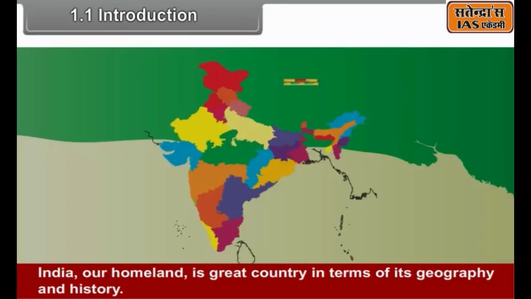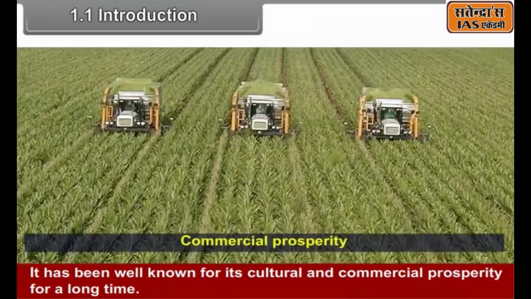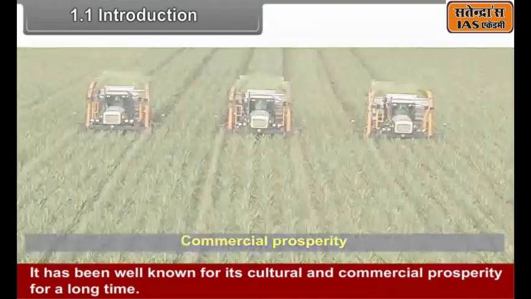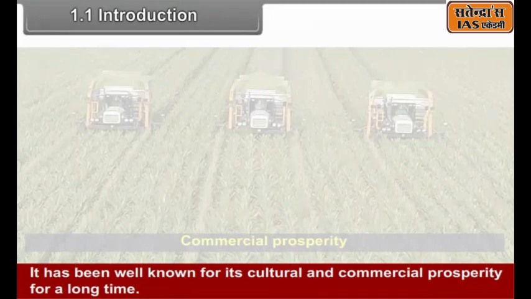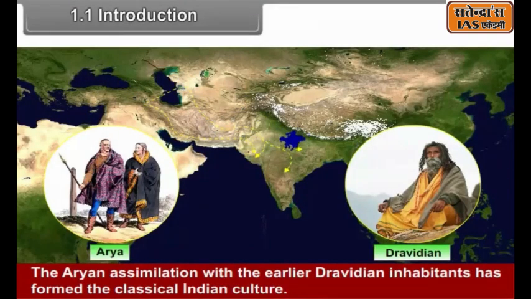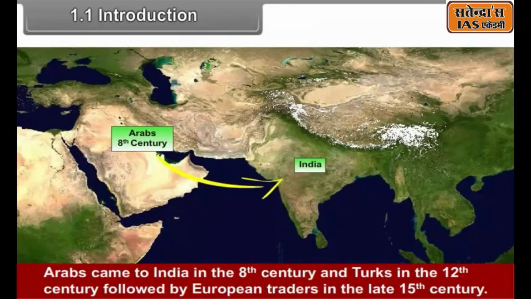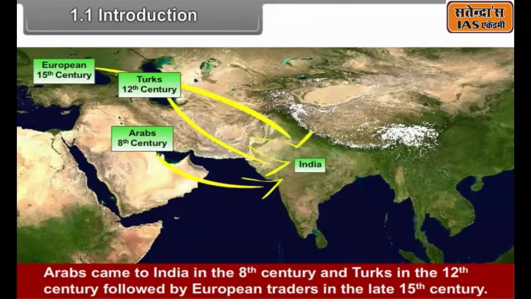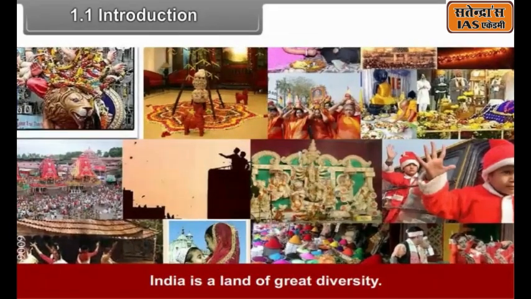(1.1) Introduction. India, our homeland, is a great country in terms of its geography and history. It has been well known for its cultural and commercial prosperity for a long time. The Aryan assimilation with the earlier Dravidian inhabitants has formed the classical Indian culture. Arabs came to India in the 8th century and Turks in the 12th century, followed by European traders in the late 15th century. India is a land of great